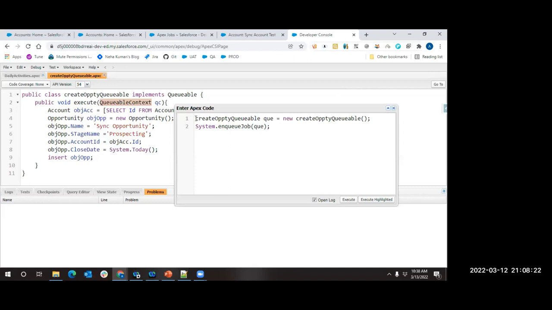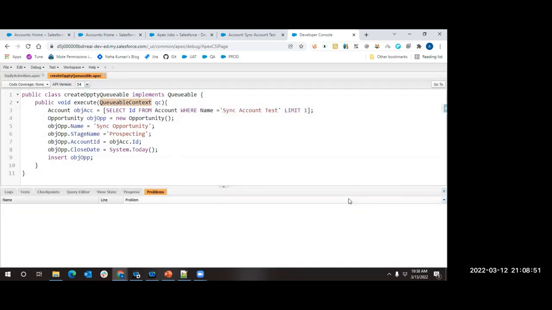So I will just put something like this and click on execute. Before I click on execute, let me tell you that System.enqueueJob will return something of type Id. So I will say Id jobId is equal to System.enqueueJob. Even if you do not say this and directly put the call, the system will work. But if you put this, even then the system will work for us. Now I will try to print my job id here. I am clicking on execute.